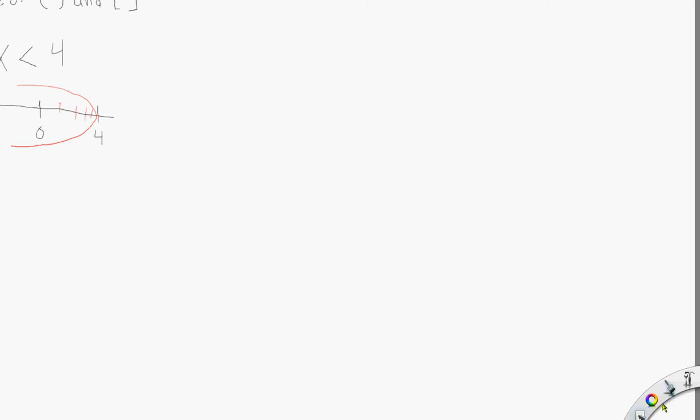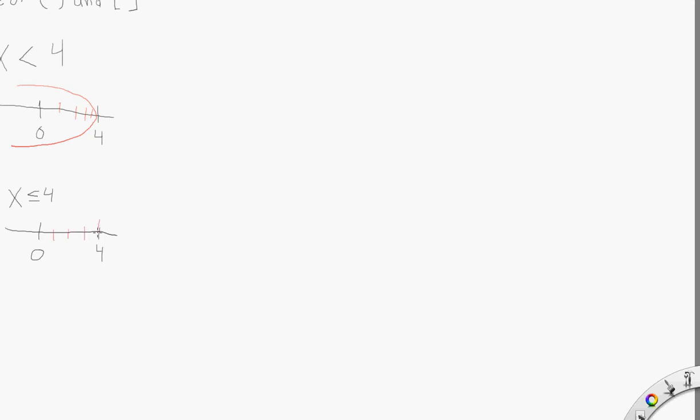So let me rephrase the problem and say x is less than or equal to 4. There's 0. There's 4. So just to be clear, in this problem up here, the top one, 4 is not less than 4. But over here, x is less than or equal to 4. 0 is less than or equal to 4. So is 1. So is 2. So is 3. And in fact,